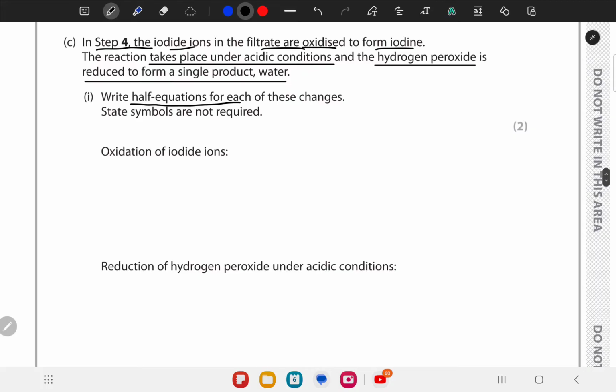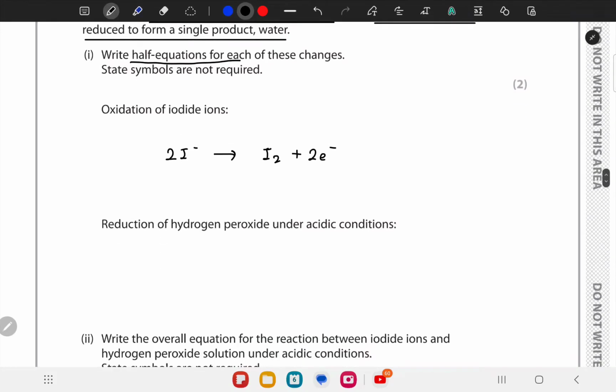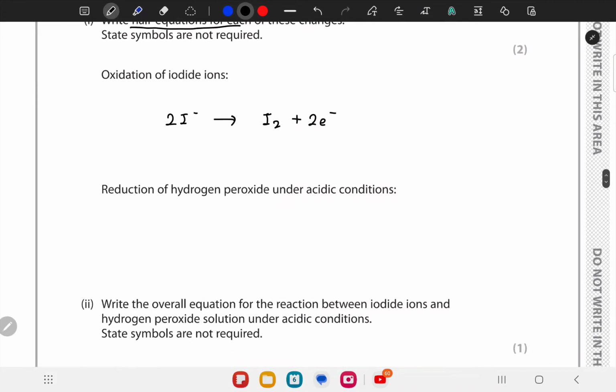So the oxidation of iodide ions would go from iodide to iodine. So we form iodine from iodide ions. To balance the charge, we'll add 2 electrons on the right, and the reduction of hydrogen peroxide in acidic condition forms